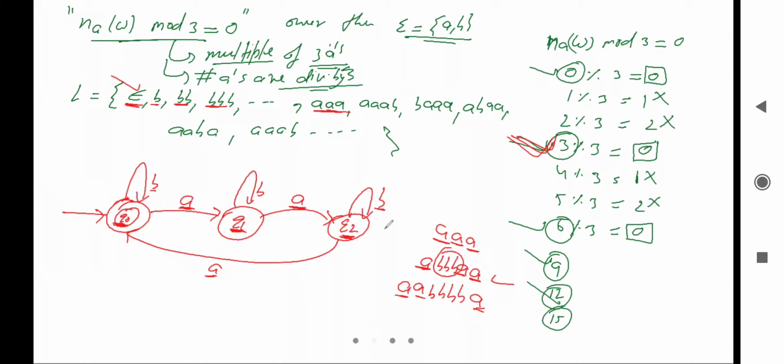Now if we observe, is there a null move or not? No, there is no null move. Is there a choice or not? No, there is no choice. What about dead configuration? Is there a dead configuration on q naught or not? No, there is no dead configuration on q naught, because transition for b is given and transition for a is also given. What about q1? On q1 also it is not a dead configuration, because transition for b and a both are given. Here also transition for b and a are given, means there is no dead configuration. So we have checked it is satisfying all the characteristics of the DFA.